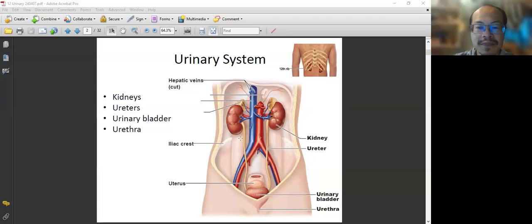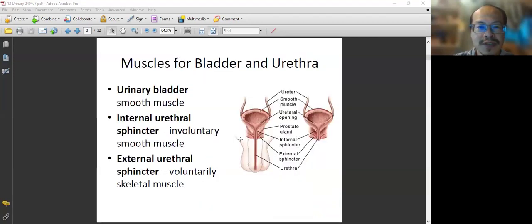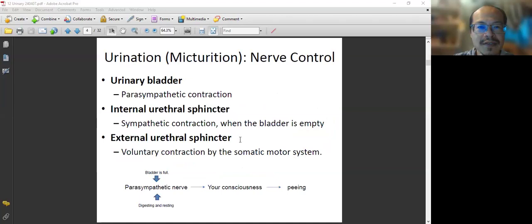And so the urination or micturition is right here. This is a good summary. Urination or micturition is controlled by both autonomic, the parasympathetic nerve to contract the bladder, as well as your voluntary control to relax your external urethral sphincter. So you got to have both so you can urinate. Knowing all this, the next thing